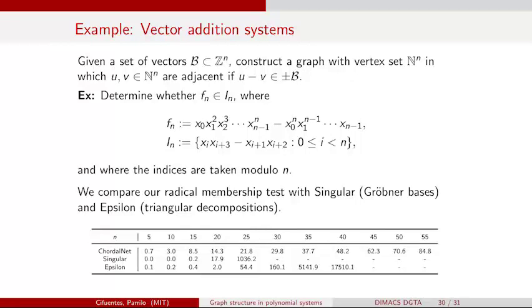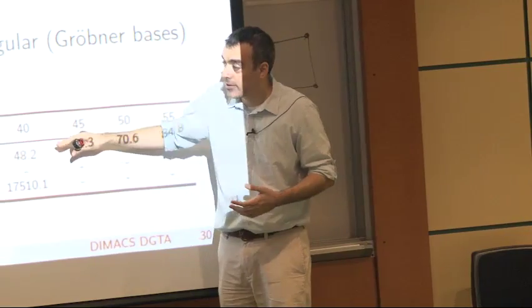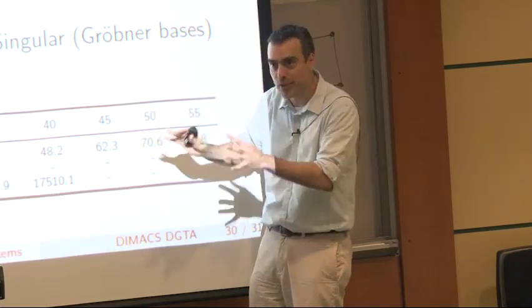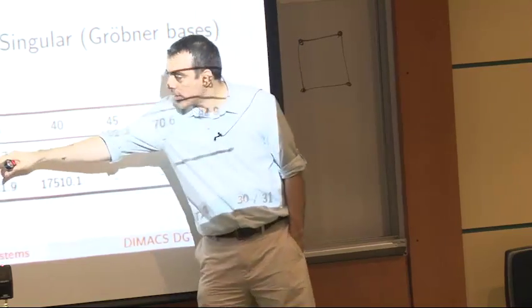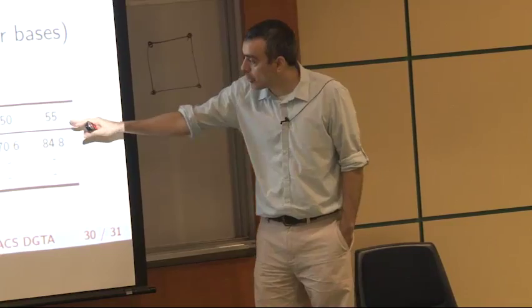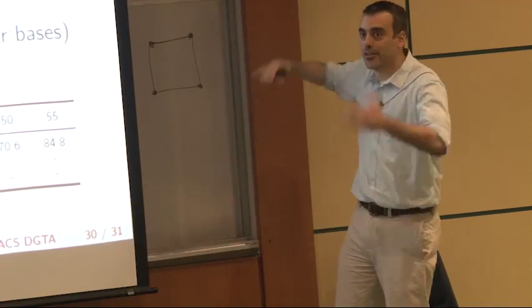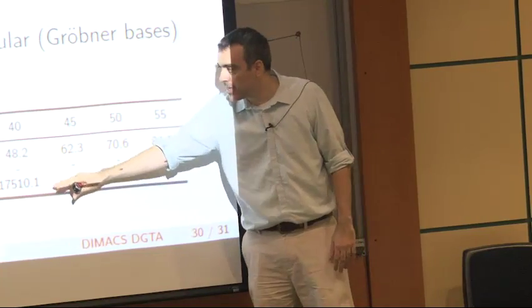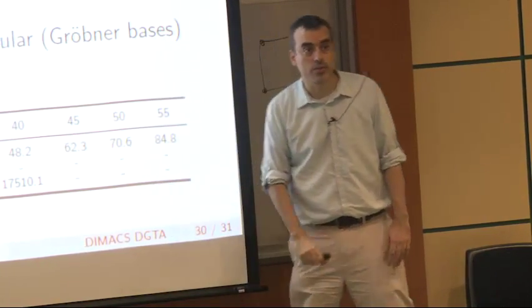So regardless of how clever these other methods are, because they don't exploit this kind of chordal structure, they're constrained to grow exponentially. And here, because we realize that this system has small tree width and we do things in the right way, what you get is growth that's linear in the number of variables. So we can do this all the way to 1,000 variables, and there's really not a problem, but these methods very quickly run out of steam.